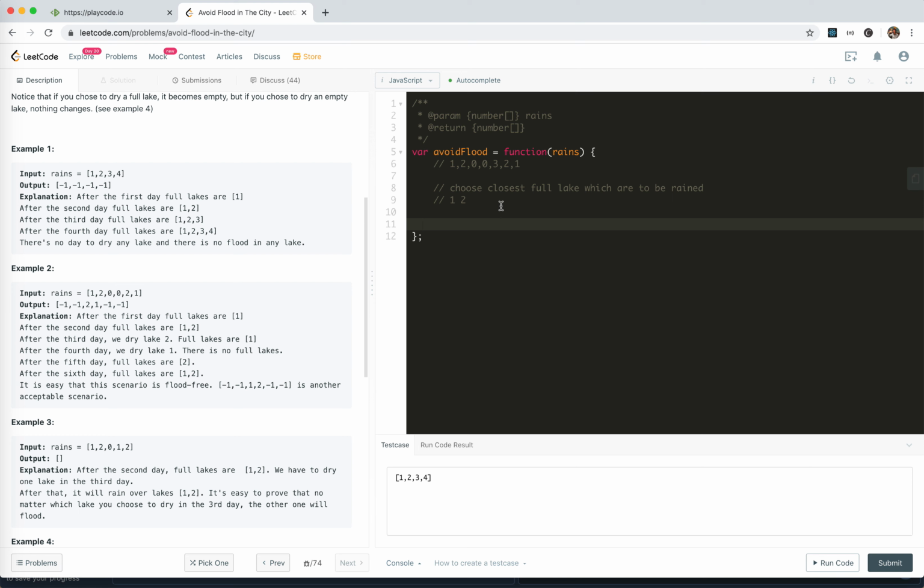So yeah, let's do it. The idea becomes clear. Use a set to track the full lakes. Search for the first full lake to be rained on a non-rainy day. Yeah. So the full lakes would be a new set, and for